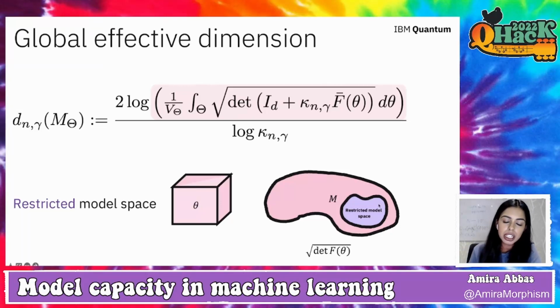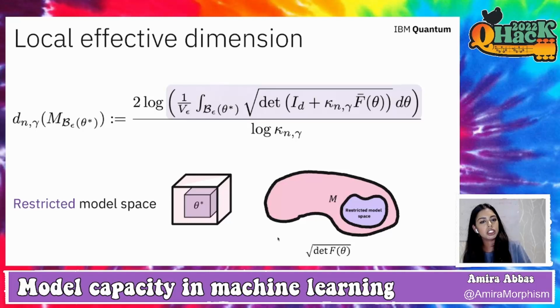So what we did now, and this is the purpose of this new work, this continued work, is we redefined the idea of the effective dimension to be local, and this is the idea of the local effective dimension. So the formula looks quite similar, but what's changed here is subtle but really important. We don't integrate now over the full parameter space. Instead, we integrate around an epsilon ball. So we average around an epsilon ball around this theta star, where theta star is a parameter set that we assume is an optimal